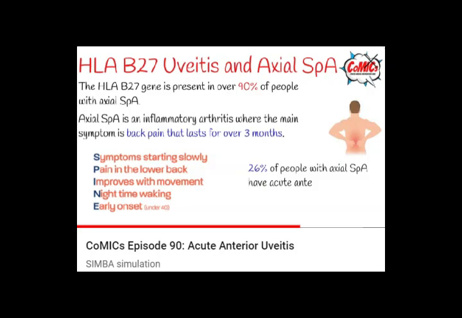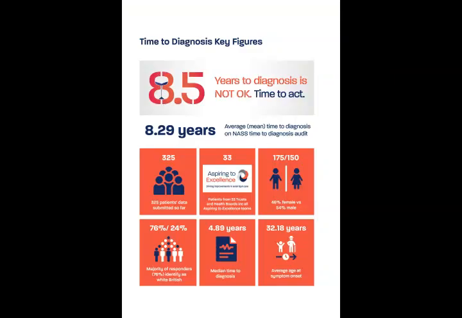And in almost half of them, there will be a recurrent uveitis, so the uveitis will come back again. Only very rarely does the uveitis affect both eyes at the same time. It tends to affect one eye at a time. Sometimes there's a preponderance for one eye over the other, but it's usually in one eye at a time.